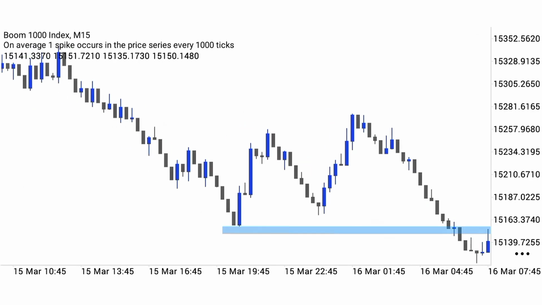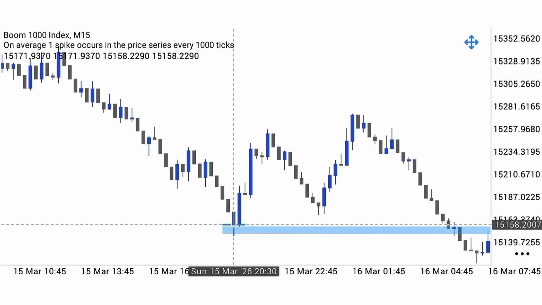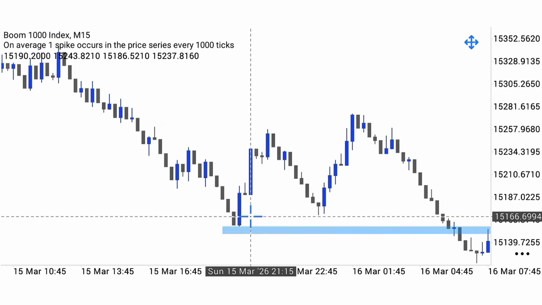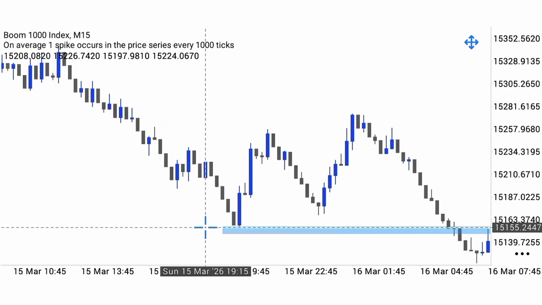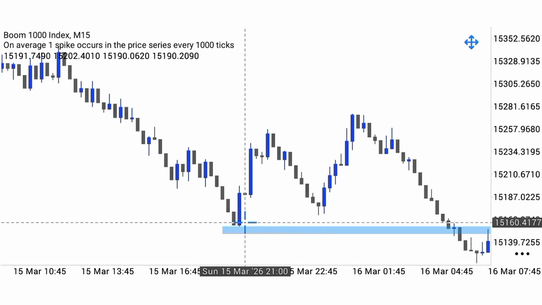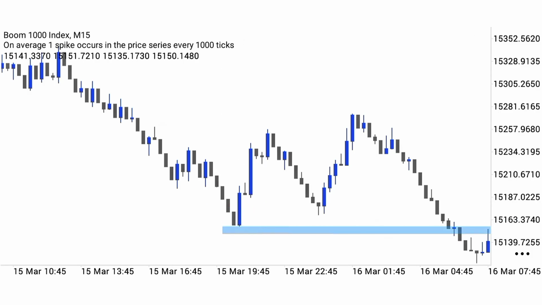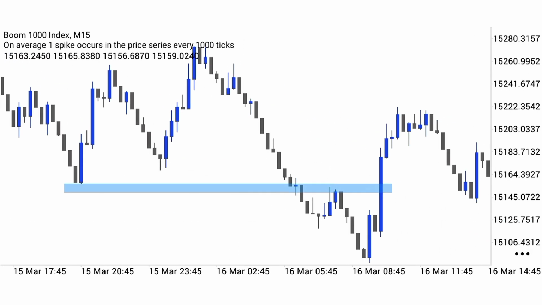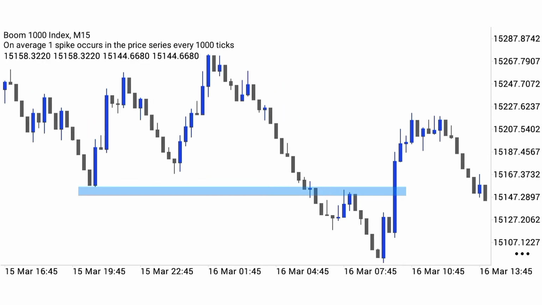Now, if you look at this box here, we drew it below the candle because the candle doesn't have wicks. You have a very tiny wick, and we just draw it below it. You draw the box below the candle. So when we have the box below the candle,